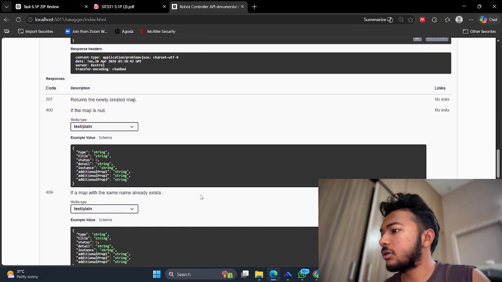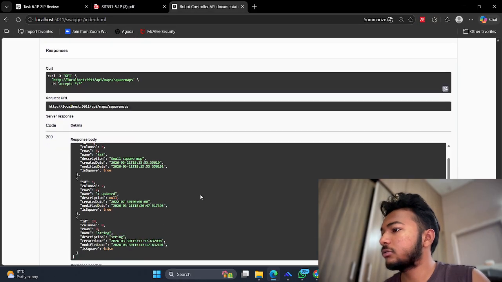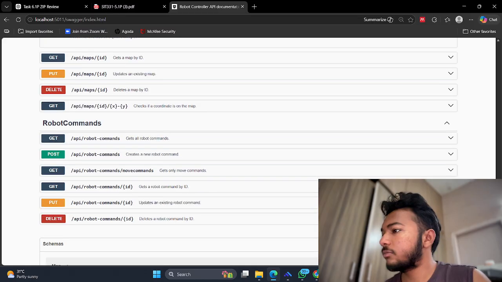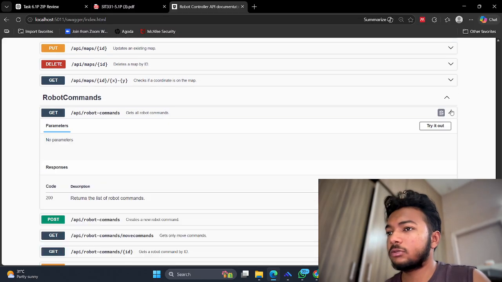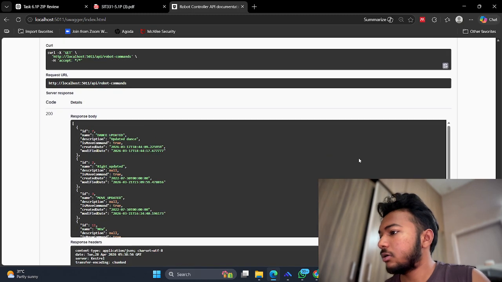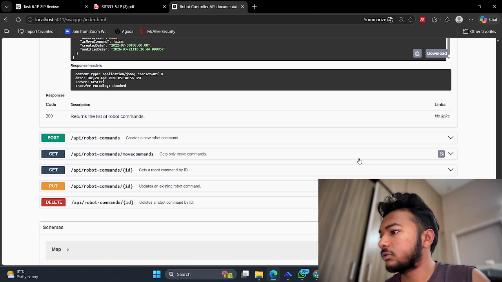Our POST command is also working correctly. Now let's try some robot commands. It is also working correctly.